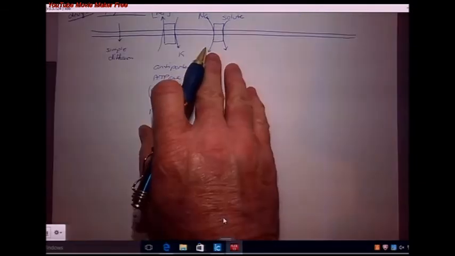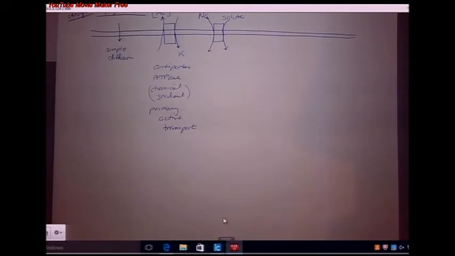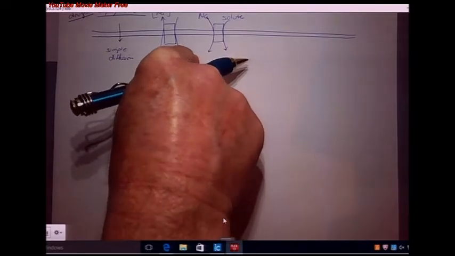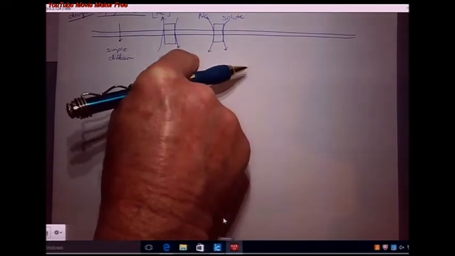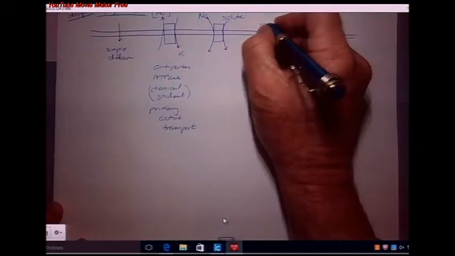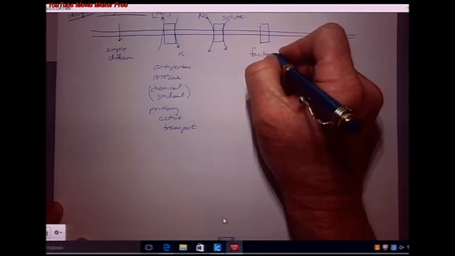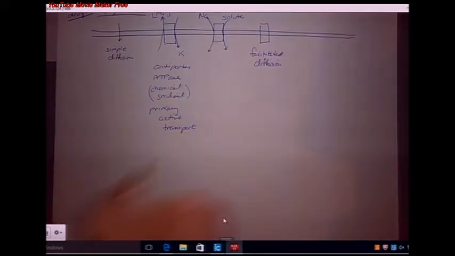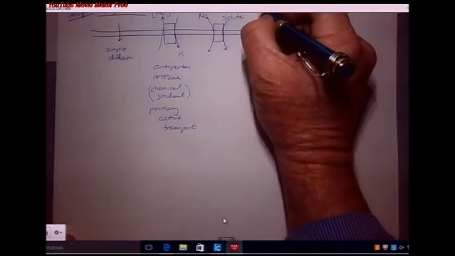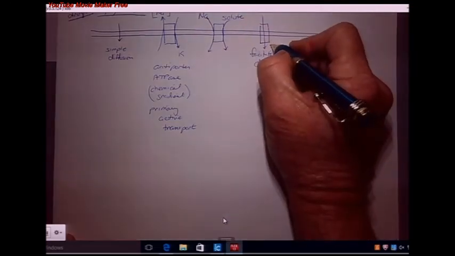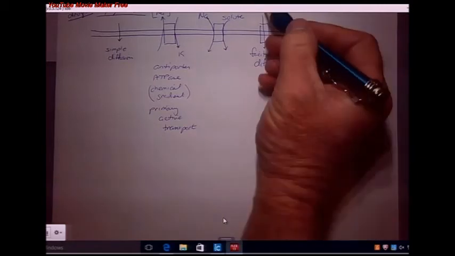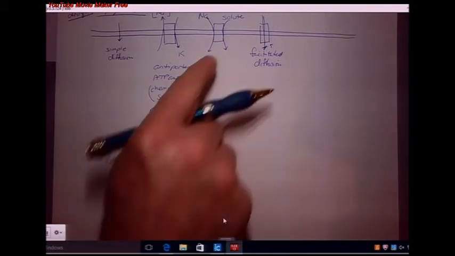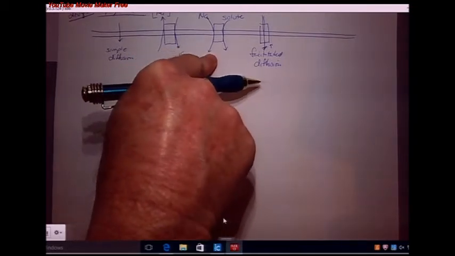So you can imagine when it's really important to take up molecules from the lumen of the gut into the body, it's not going to take advantage of a simple gradient. A simple gradient would be called facilitated diffusion. Facilitated diffusion is when you have a concentration gradient that is higher on one side than the other. And so these molecules can just naturally diffuse down to try to achieve equilibrium. But if you've got a situation where you've got something really, really, really important to take up,